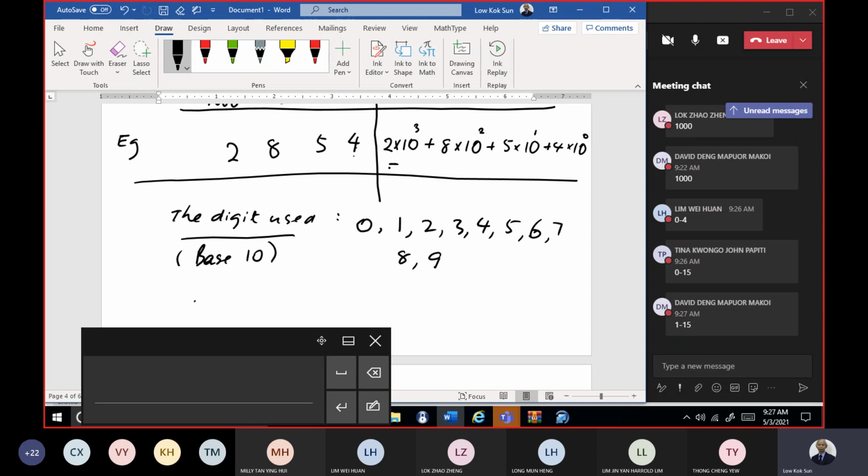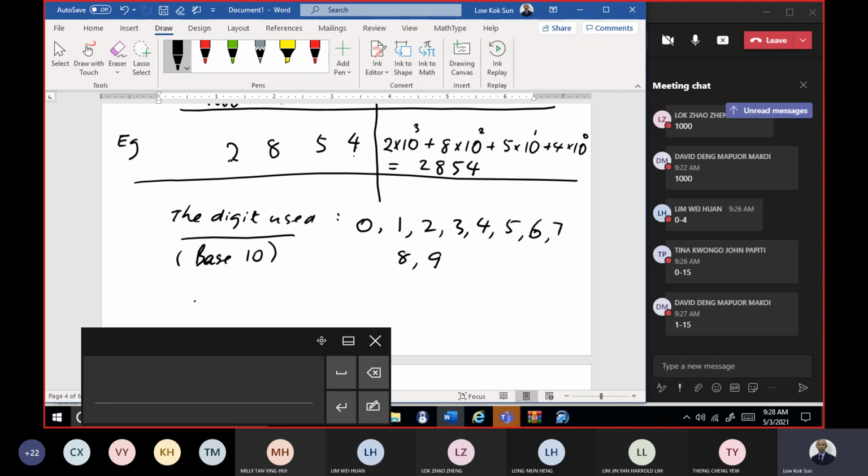Okay, so if you were to multiply, of course there isn't need to multiply. If you multiply out and add up, you get 2854. Now you find this question is so easy, but if you go into octal system, the same thing. Understand? Because we are used to this, then we say, oh, it's just like that. 2854,